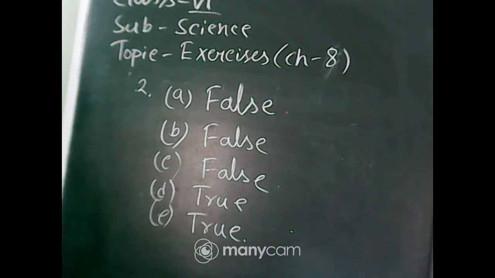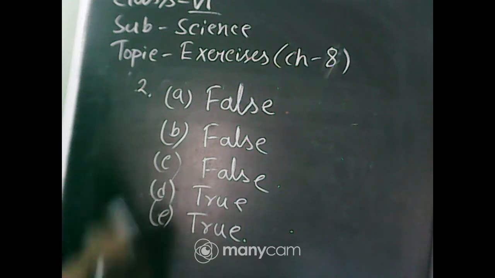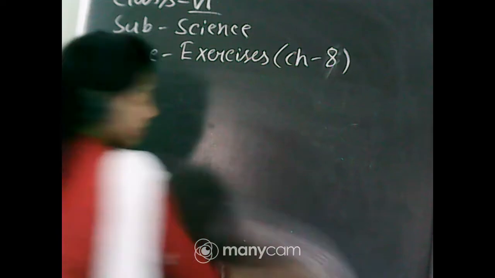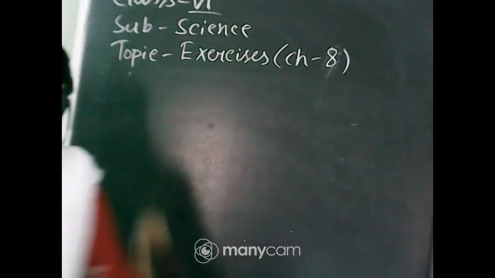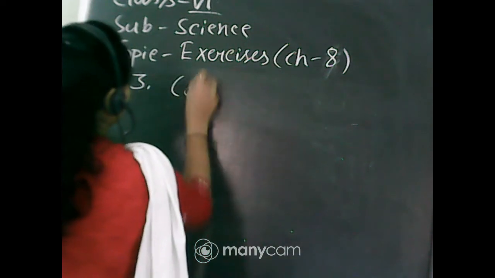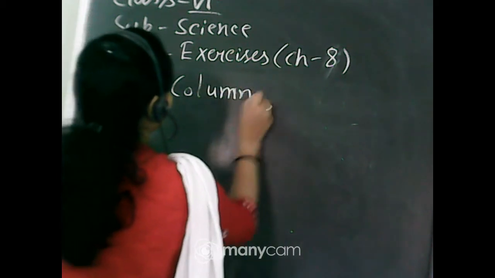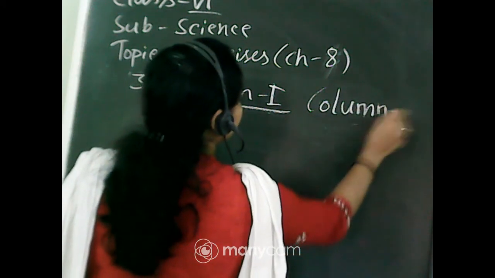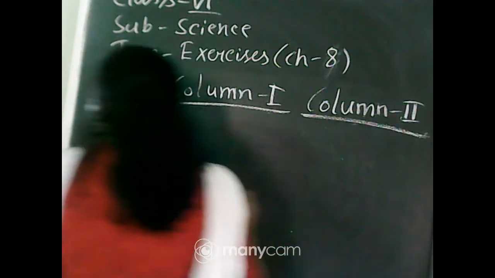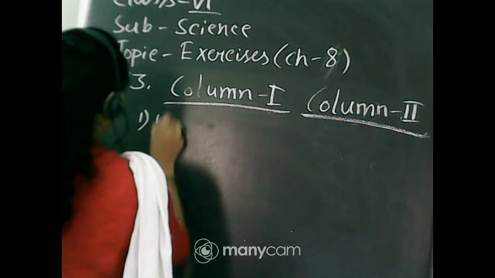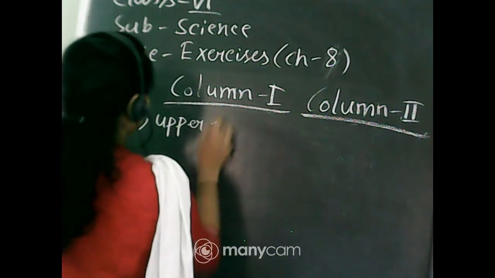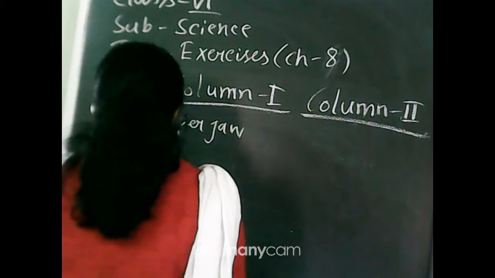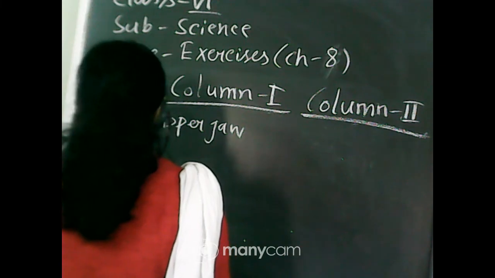Now comes to matching. Third question: match the items of column 1 with column 2. So let's talk about matching. Here in the matching, column 1 and column 2. First, upper jaw. Now that will be most appropriate with column 2, with the option